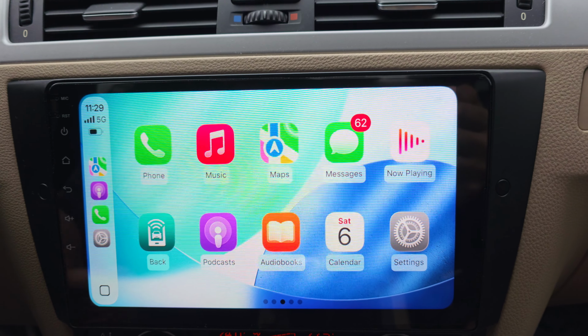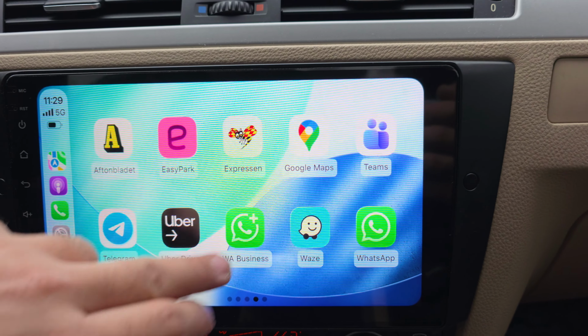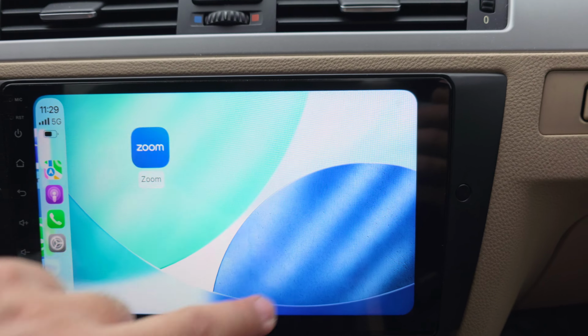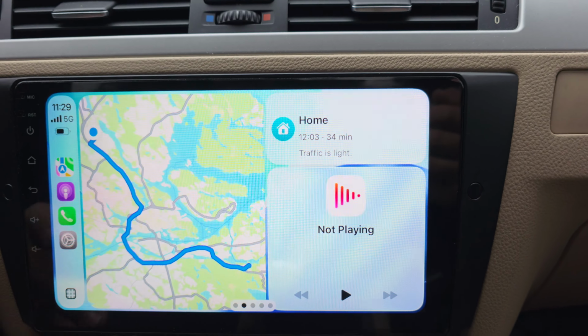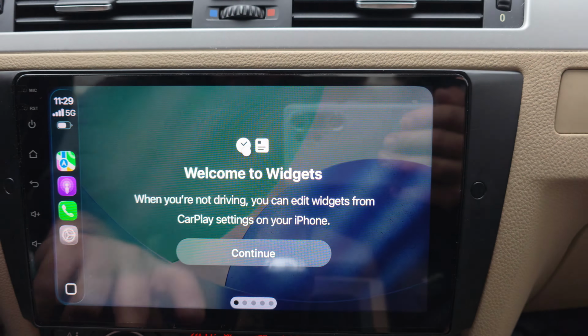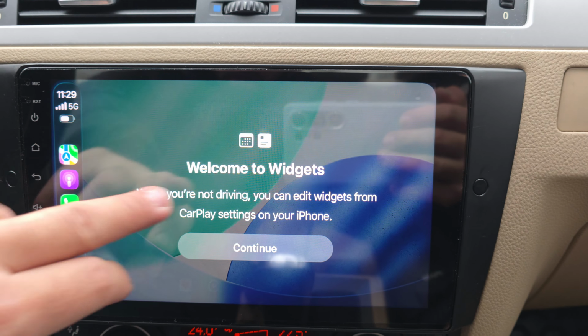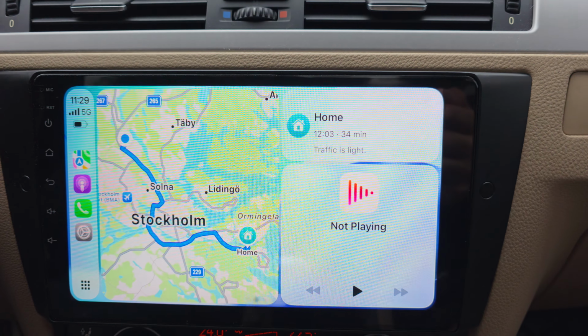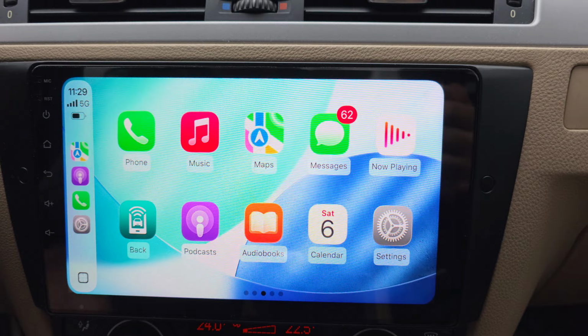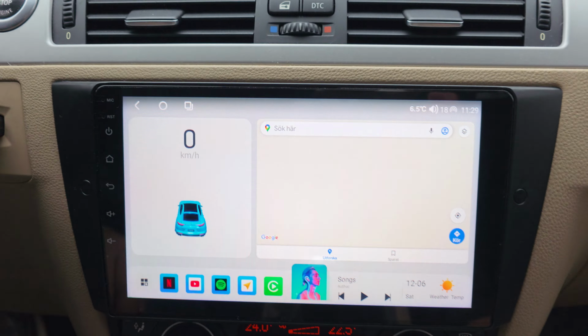You can talk with Siri as well to communicate or use the screen. So that's the CarPlay menu. This is the split screen, and we have the widgets as well. So all the CarPlay interface looks like this. Then if we go back to the home menu,